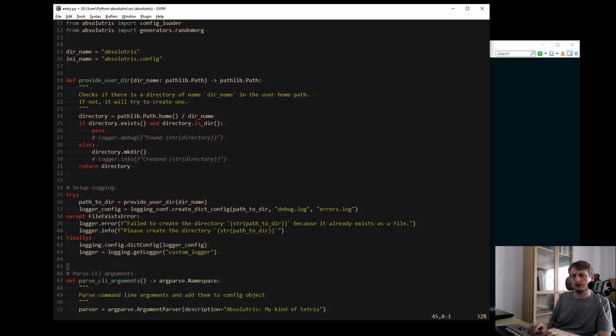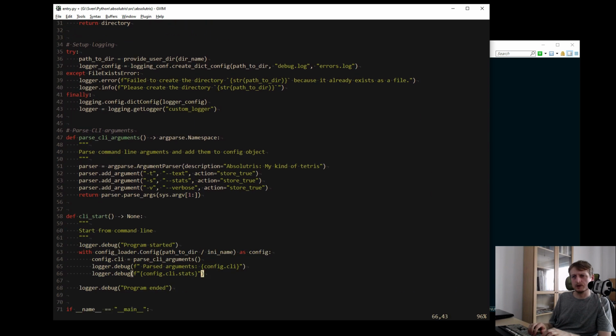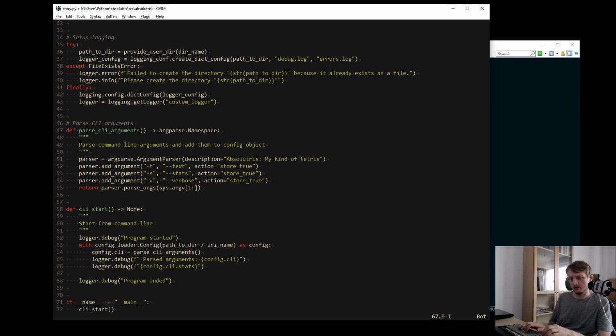Okay, but let's assume this will work, and that here we can say generators random org pop. That was the function pop.